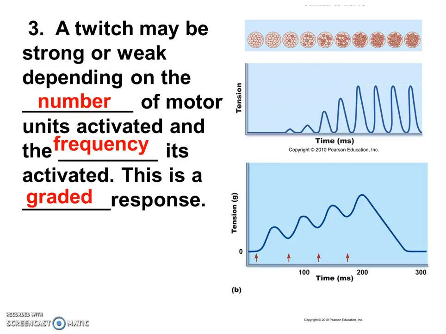If I just clap my hands in a room, it doesn't make much noise, but if everybody claps in the room, it makes a lot of noise, and so that would be activating more motor units. Now, if I just clap my hand every 30 seconds and compare that to clapping with very little space in between, that response is going to be greater, because I'm hitting it with more frequency. Think about when you have a slight headache or a throbbing headache. A slight headache would be maybe where you're sending the impulse every 30 seconds. A throbbing headache would be where you're sending it every second. So 2 ways to get a higher response or